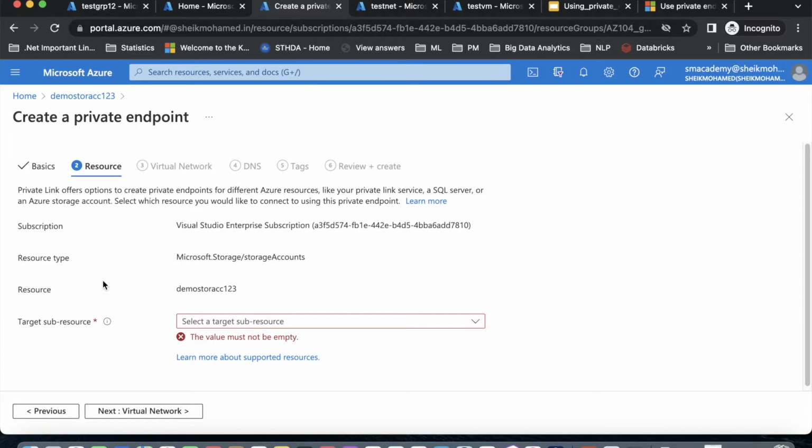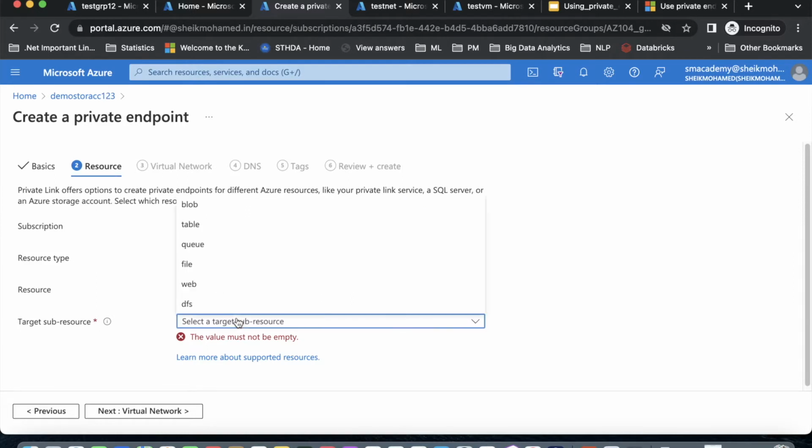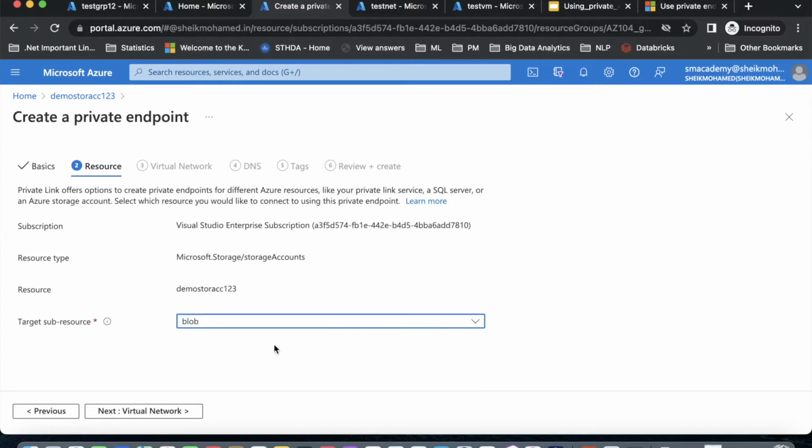By default you can see the resource type and resource, it took the storage account. So we need a private endpoint for this storage account itself. And you also need to choose the target sub resource, whether it should be file, queue, table or blob in your storage account. We are going to look at the one which I already created, which is a blob, and we are